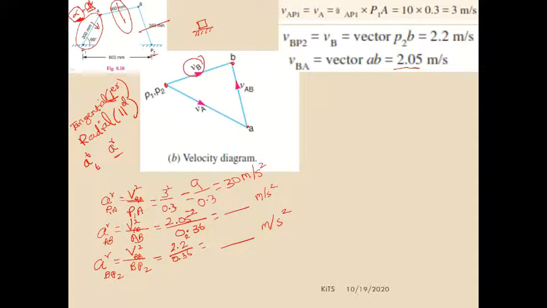For the remaining links it will have one radial and one tangential component. But for the crank, definitely it will have the radial component, but if they give the alpha value then it will have the tangential component. If they didn't give the alpha value, then it will not have the tangential component value. In this question, whether they gave the alpha value or not, let's check the question.